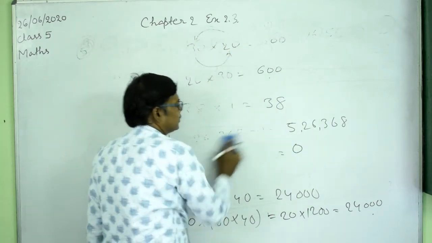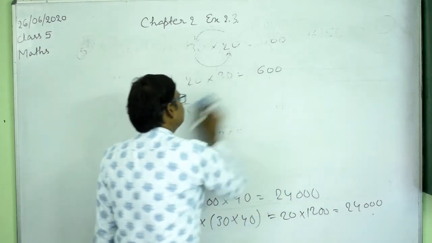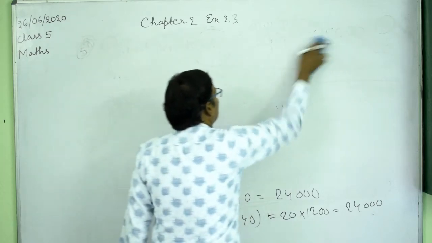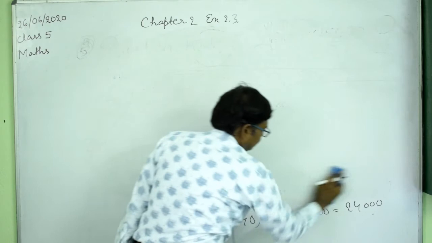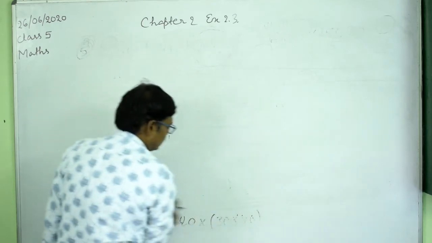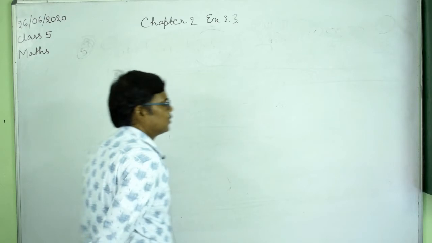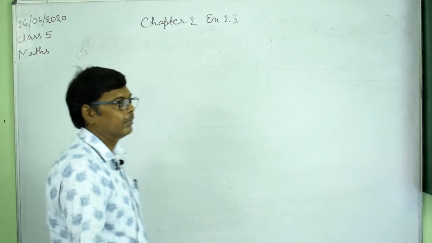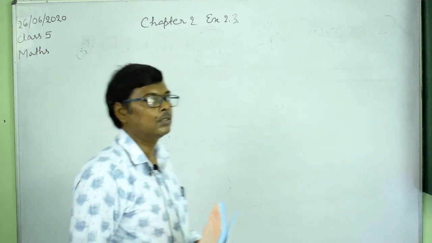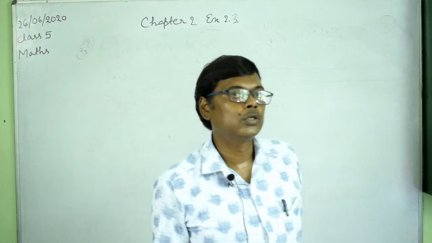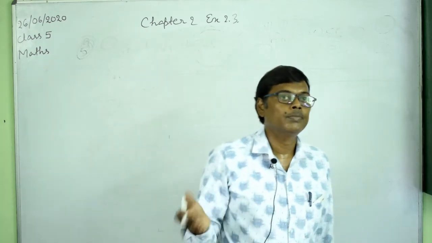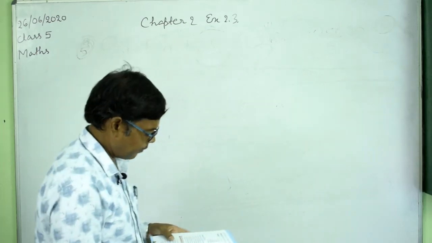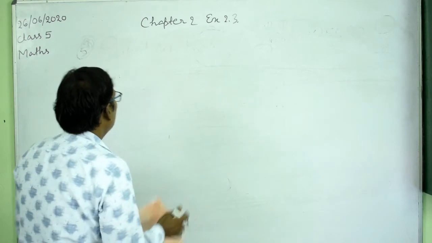That is, again I will summarize this. The first property is that when you change the order of the numbers, the product will remain the same. And when you multiply 1 to any given number, the product will be the same number. And when you multiply 0 to any number, the answer will always be 0. And the fourth is that if you regroup the given numbers, then the answer will again remain the same. Okay, so these are the properties. Now question number 1.